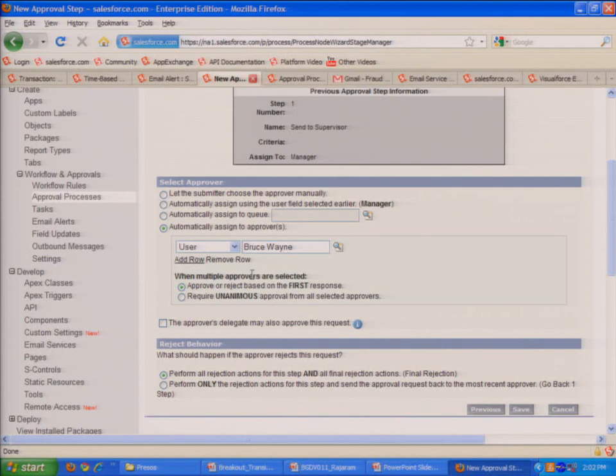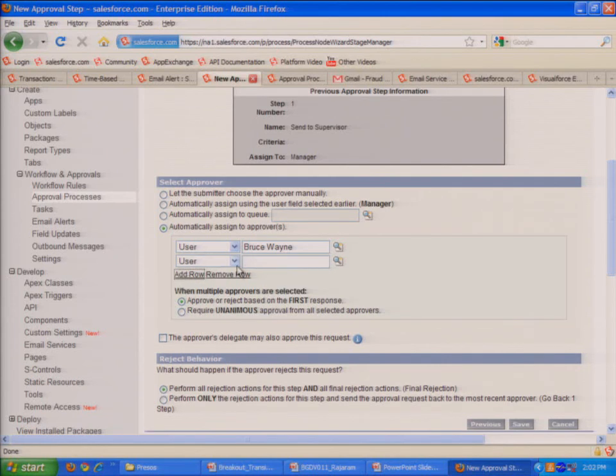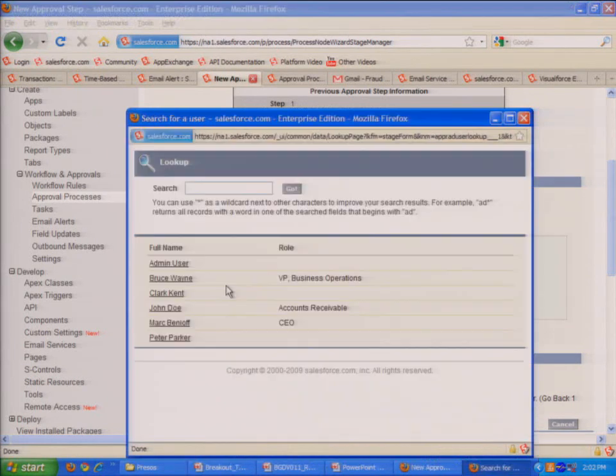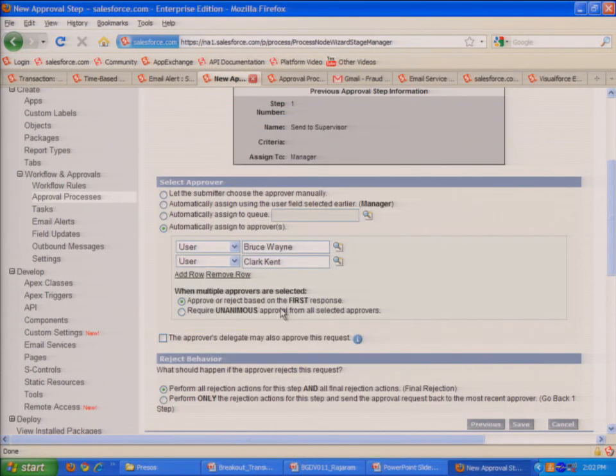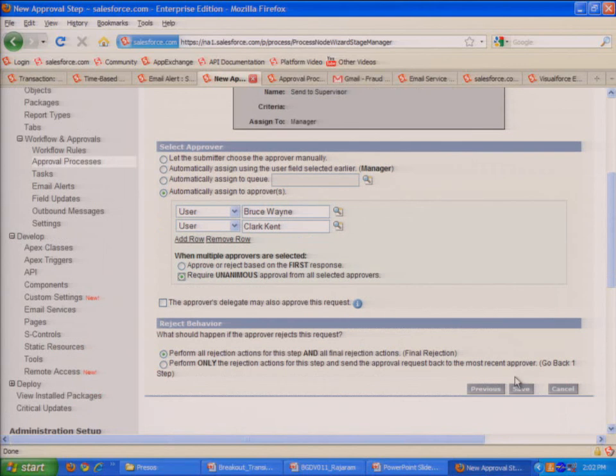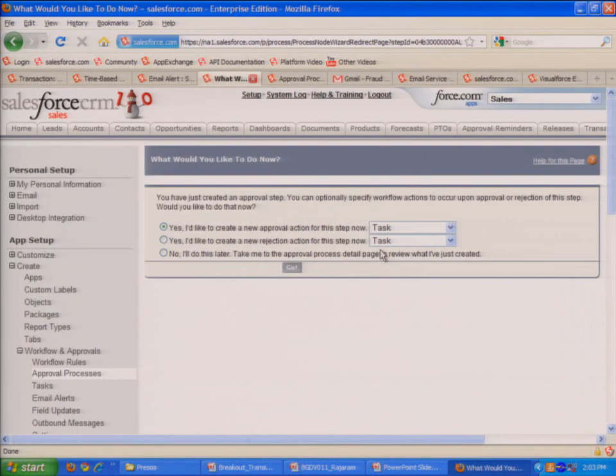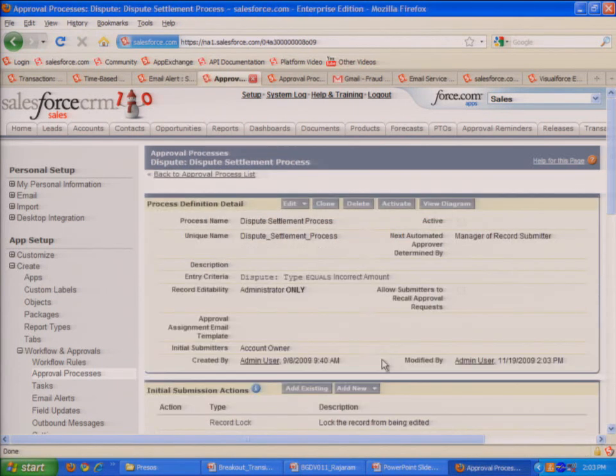So as this is where I can have multiple people, I can try to send it to Clark, even though it's poor. But I can make it unanimous, or first, this is where you want to display all or nothing, and then save. And that's it. So in a very quick way, I just implemented a process, or modified an existing process, to implement